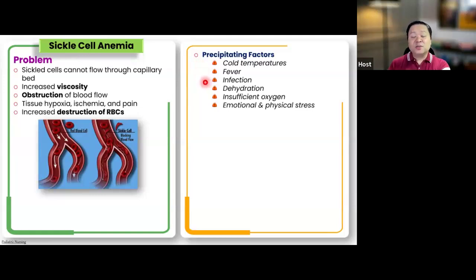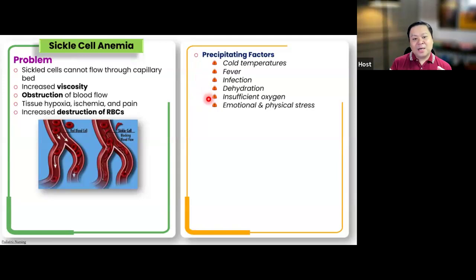Another is that infection can trigger the sickling crisis. It will cause extreme stress on the body systems. There is an increased need for oxygenation. There is an increase in metabolic demands from the body. And so this is going to cause stress on the circulation. Same thing with dehydration. If the person is not getting enough fluid intake during the daytime, then definitely they're going to end up with a sickle crisis. If there is insufficient oxygen intake,